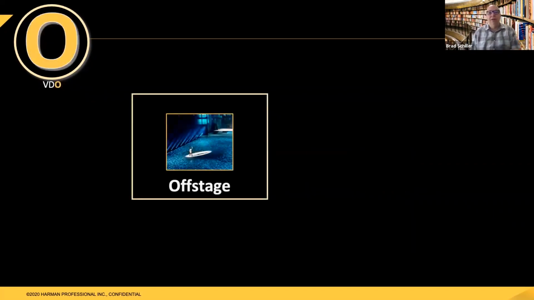Oh boy, we're on to the O's. We're getting there. So, off stage, this is the direction away from center stage. So a designer might say, move the focus of that off stage right a little bit. And that tells you, go away from center towards stage right. Also in the picture that I've shown here, you can see there are fixtures that are literally placed off the stage. They're right along the side of the stage. So those would be the off stage fixtures, or off stage right, or off stage left. That's a common term that you'll hear often.